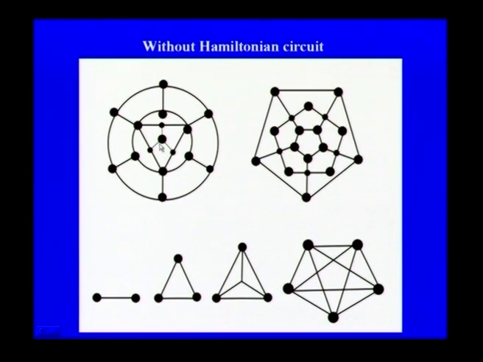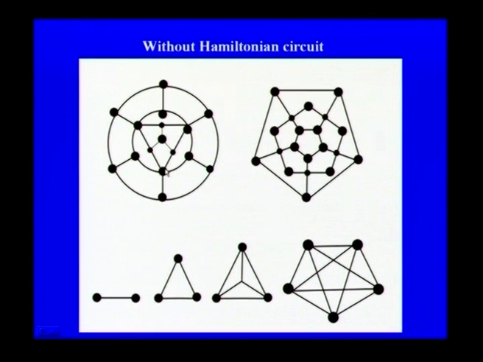How can you say that? Of all the edges incident on a vertex, only two of them can be included. For each vertex, only two edges can be included in the Hamiltonian circuit. So, look at this node. What is the degree of that node? The degree of that node is 5, of which only 2 can be included, the remaining 3 have to be omitted. So, you have to omit 3 edges incident on that, 3 edges incident on this, and 3 edges incident on that.